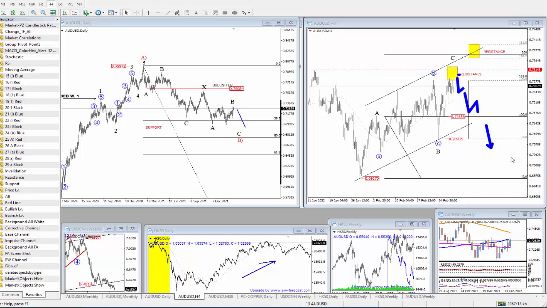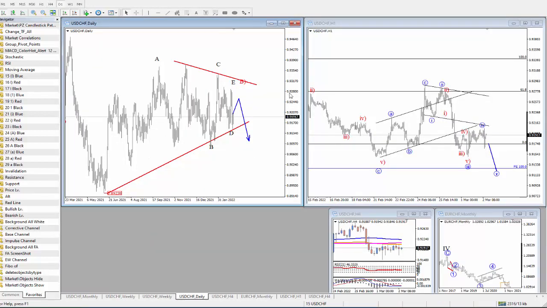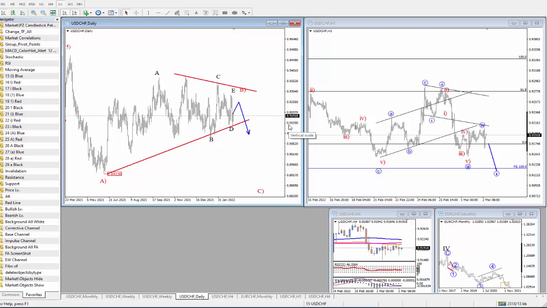But if stocks would really stabilize and maybe the US market pushes a little bit higher, I think that Aussie could very easily be trading at the second area of resistance here. Now let's take a look also at dollar Swiss. Why I want to bring up dollar Swiss is because the Swiss franc tends to be a very attractive, interesting currency, like another safe haven besides the dollar and Japanese yen, and also gold, of course.